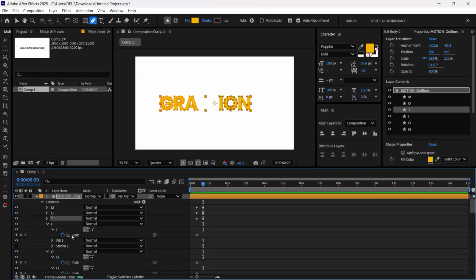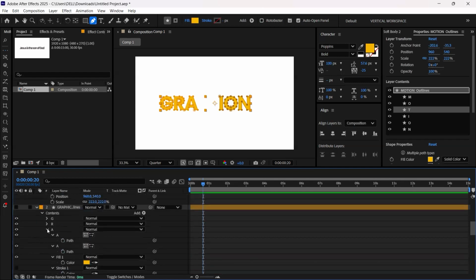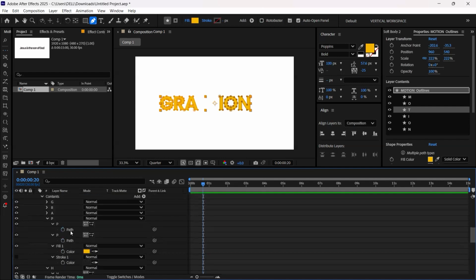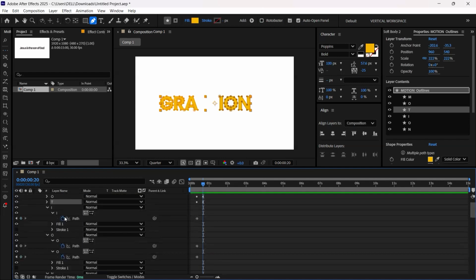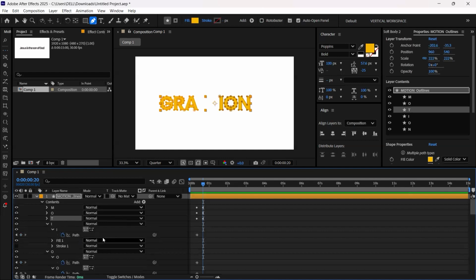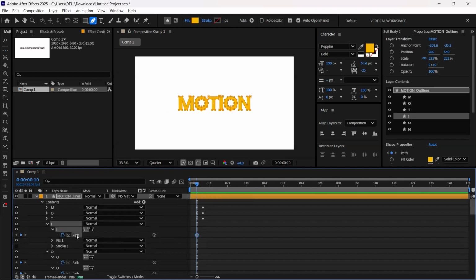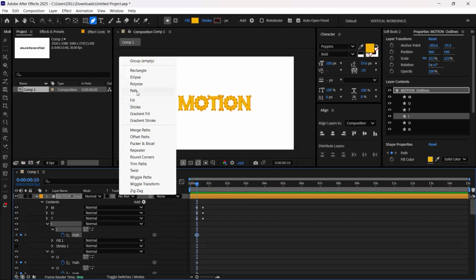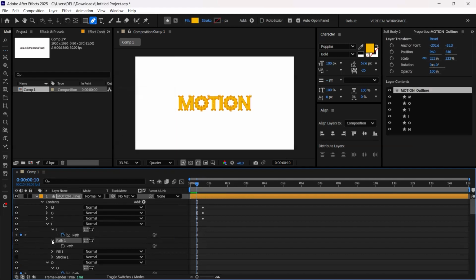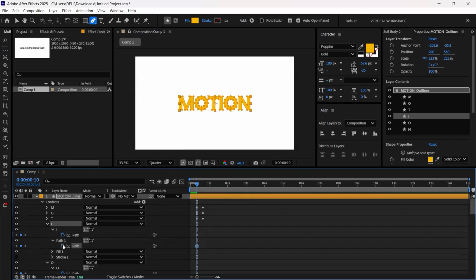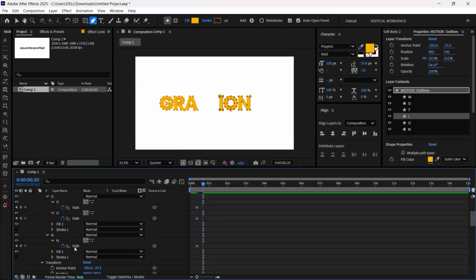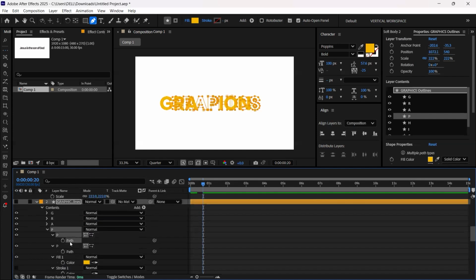Now letter I also. So same thing, we can see P has two parts, I has one part. So same thing we did for that, we're going to do it for this also. So I'm going to click on the part I, come to the play button, then create a new part also. Add a keyframe, then go front, then come to the first part of I, then copy the first part for P, Ctrl C,